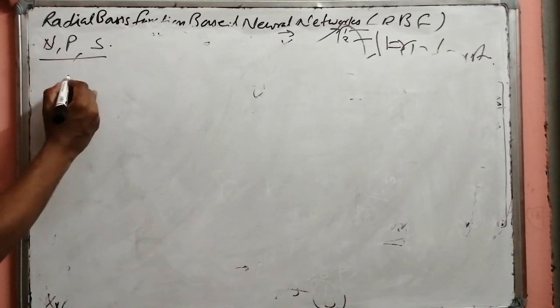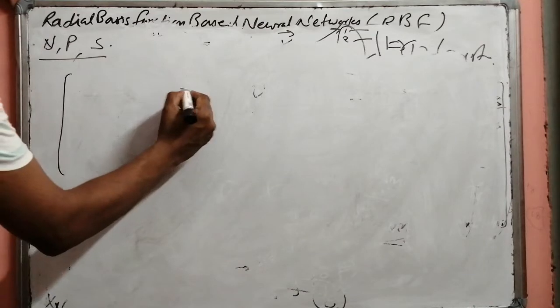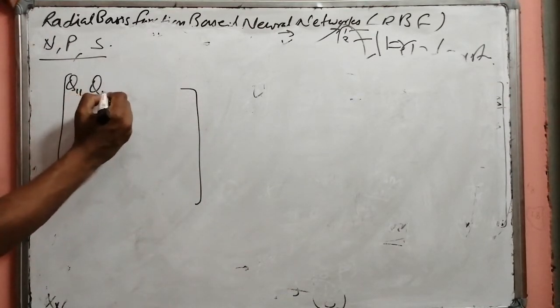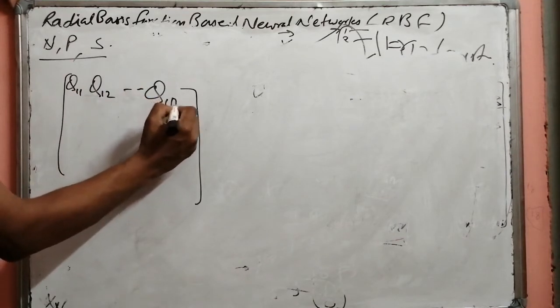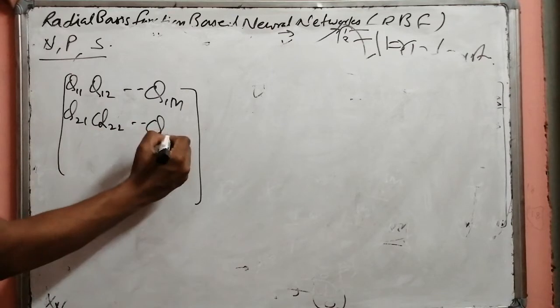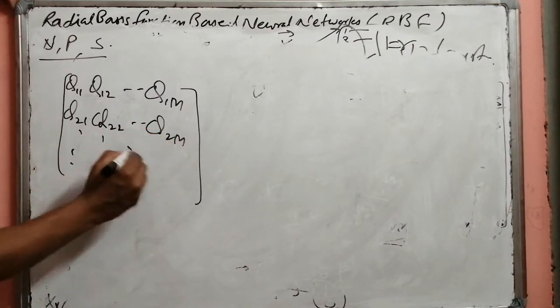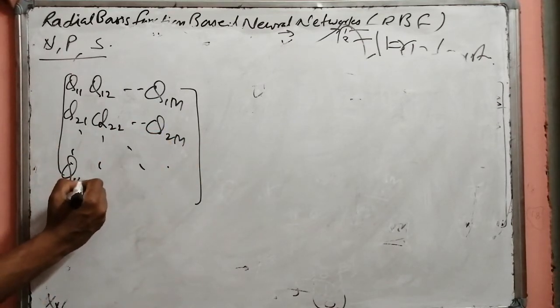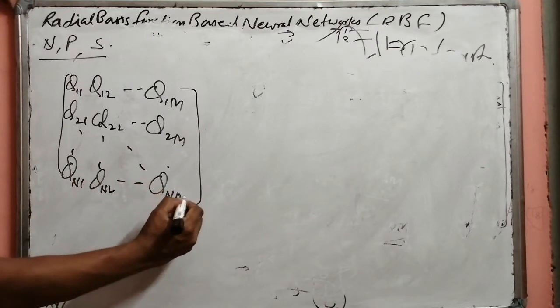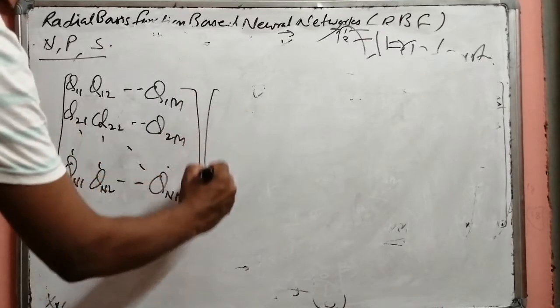And we just discussed the formation of phi of 1 1, phi of 1 2 up to phi of 1 m, then phi of 2 1, phi of 2 2 up to phi of 2 m, up to phi of n1, phi of n2, up to phi of nn, and correspondingly the weight matrix is also given,